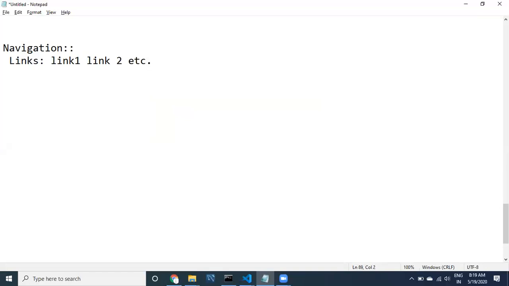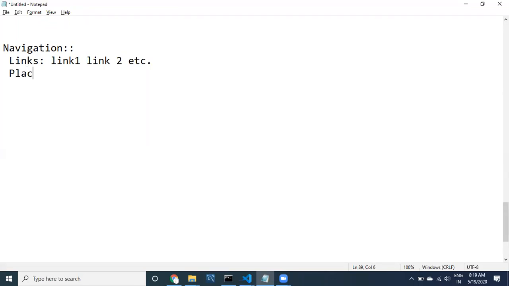Now whenever you click on a link, link 1, link 2, the user may click on any link. Upon clicking on any link, it has to display one component in a given place. In which place? The placeholder.